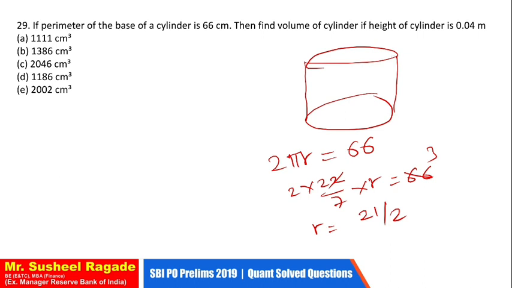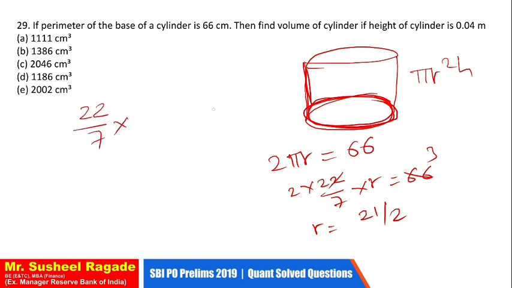So volume is pi r square h. This pi r square is the area of a base and this is the height. If we multiply the area of the base into the height, we will get the volume of the cylinder. Pi r square h, pi is 22 by 7, r square is 21 by 2 into 21 by 2, and height is